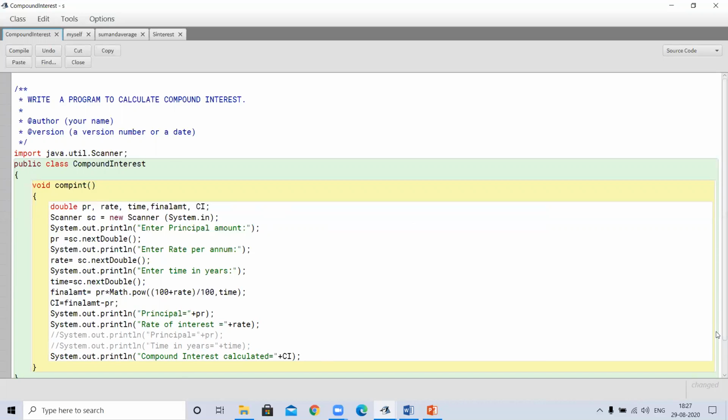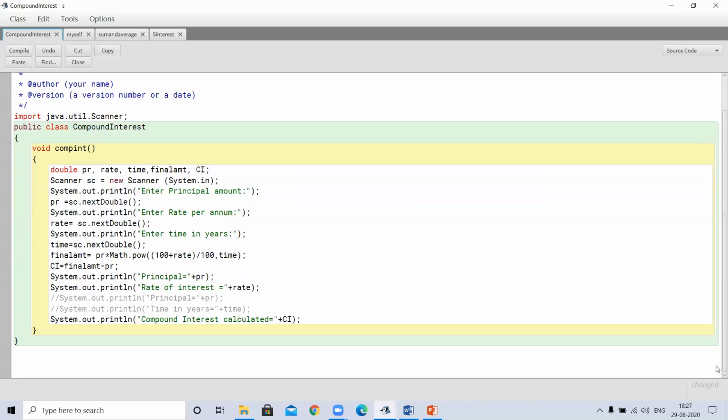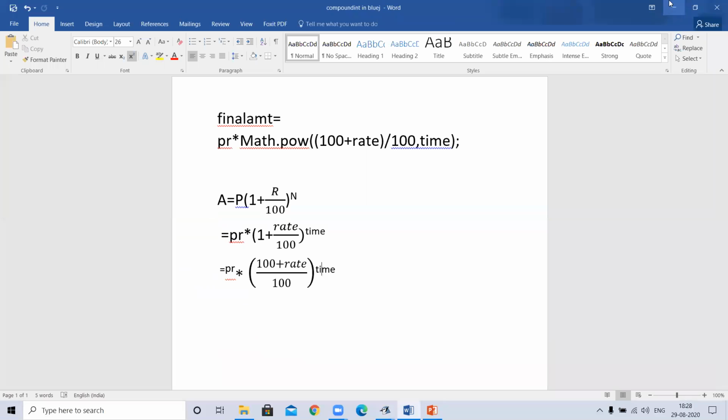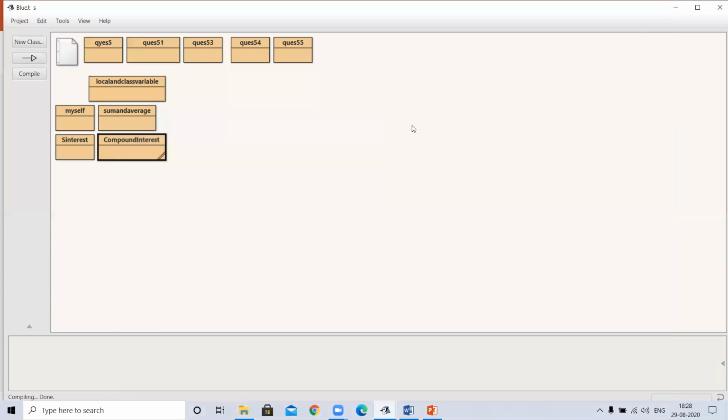Now compile it. No syntax error. Now I will run it.